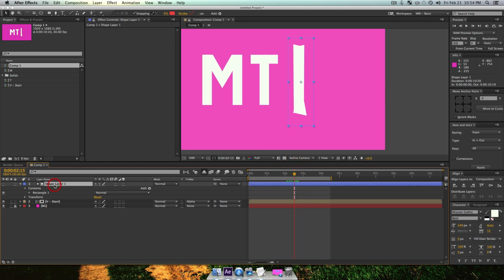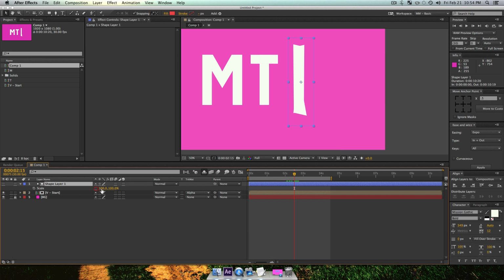And what we're going to do is actually scale up this layer. Let me make this visible. We actually need it to be wider, so just unclick your constrained proportions and make this wider, something like that. And now hide the layer, and what we're going to do is press P on our